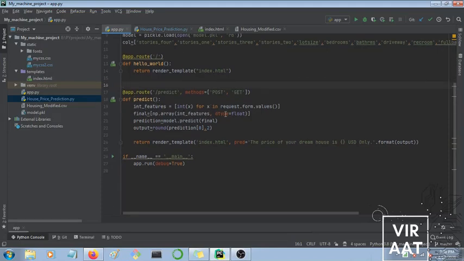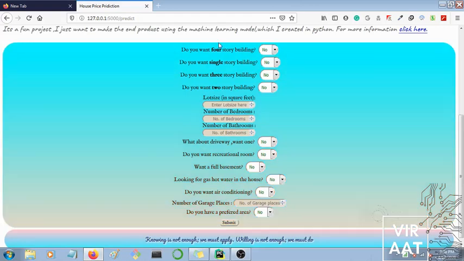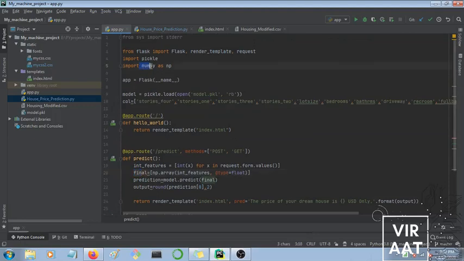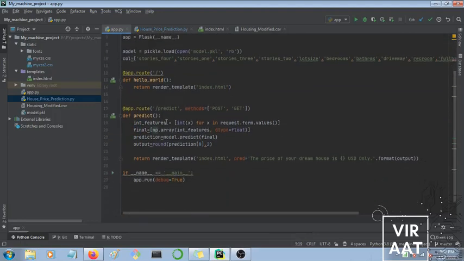With request.form.values, it's getting the values of the form one by one into x, and then converting that x into integer type, so that I can store these values into a variable, int_features. And this variable I converted into an np.array. np is the short form of numpy. So these features are converted into an array, and this array is stored in final.